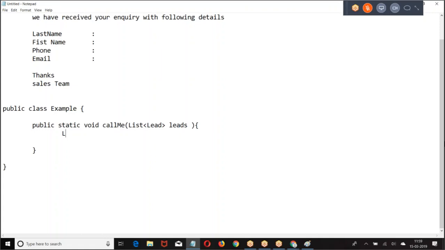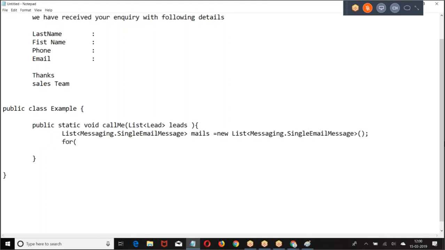How are you supposed to do it? Then we are going to create a Messaging.SingleEmailMessage.